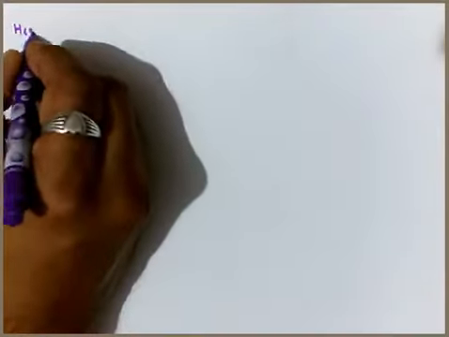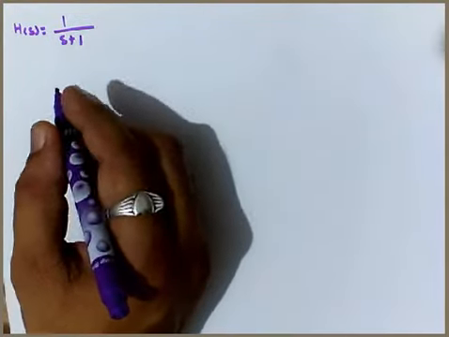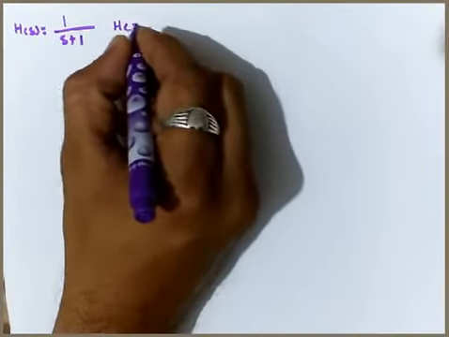Now we will discuss here the numerical based on the BLT method. Let's say the statement for the numerical is there is one analog filter with the transfer function, let's say it is h of s. Let me write it here. So h of s is equal to 1 upon s plus 1, and by using BLT we need to obtain the h of z. So we need to obtain h of z,